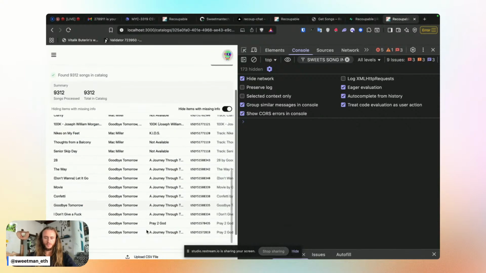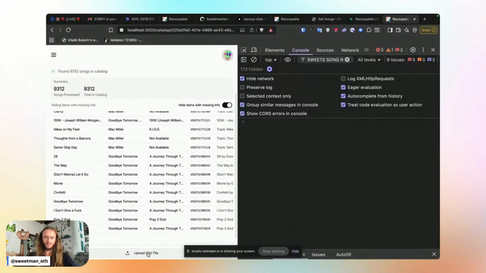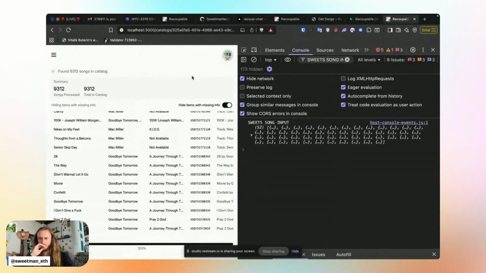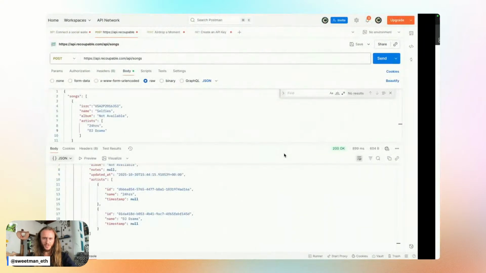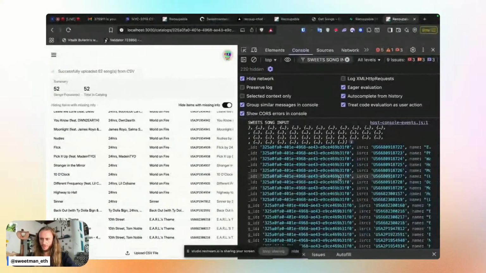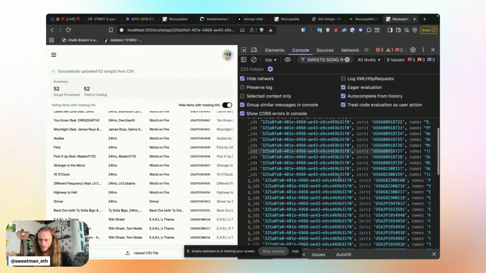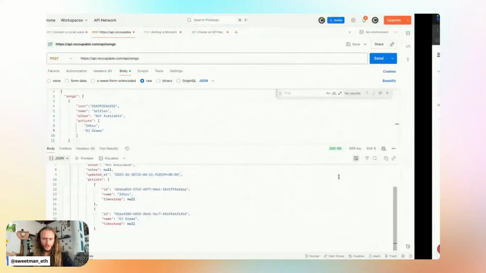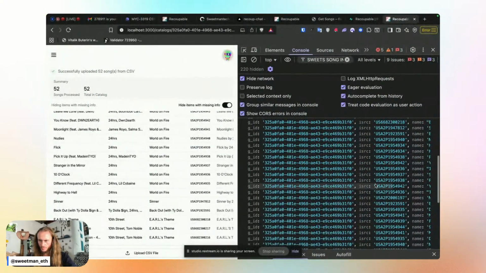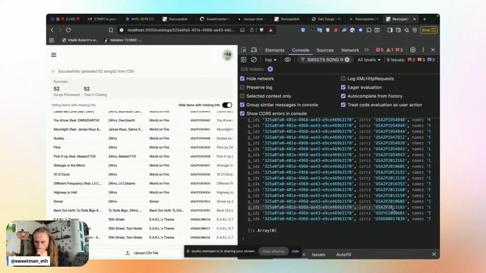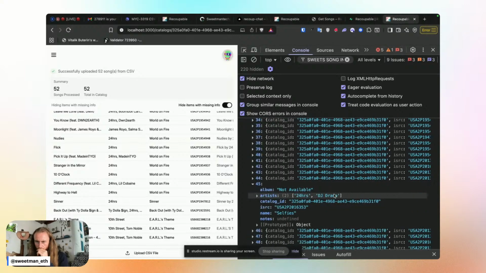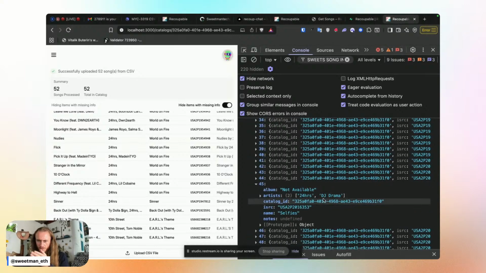And down here, upload a CSV, upload our 50. We got 52 songs being sent. ISRC, I'm interested in the ISRC ending with 353. And it is USA 2P2. 353, artists,